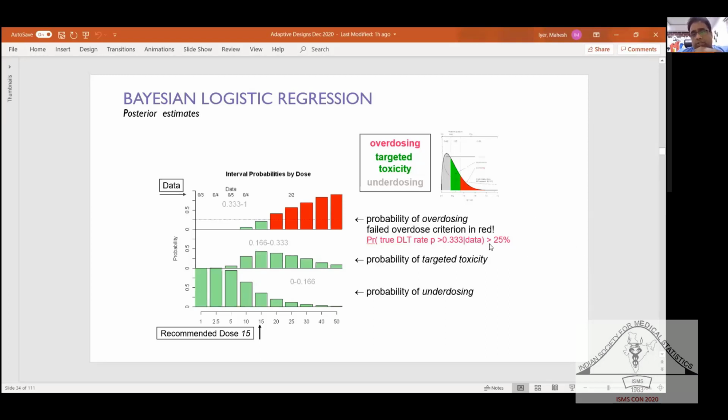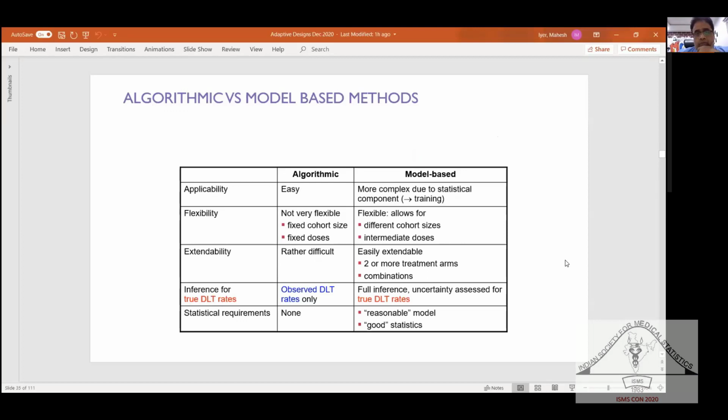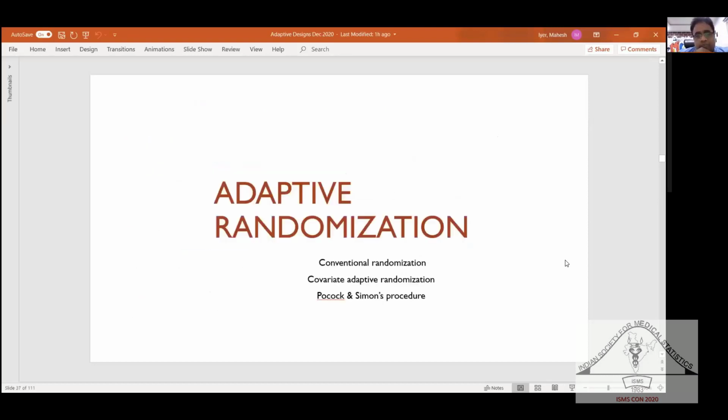Do you see how we can use adaptive designs here? We are looking at incoming data from previous dose levels, and we are using that to update our prior model, then looking at the posterior model and figuring out exactly what the recommendation should be for the next dose level. Does that make sense? Okay, good. So that's a little bit about, as I said, how we can briefly use adaptive designs in the exploratory stage.